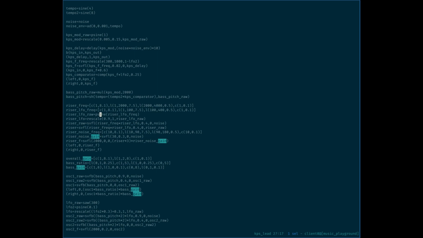So now, what do I want? We've got this riser to mark a section transition with, but we don't really have sections to transition in and out of. Like, we've got bass and no bass. So let's think about that. Okay. So let's think about some kind of intro, just to lead into a first section. And the intro,